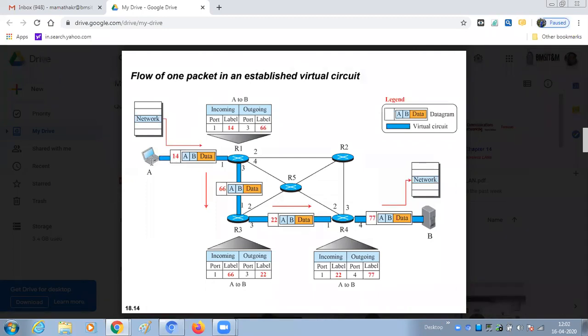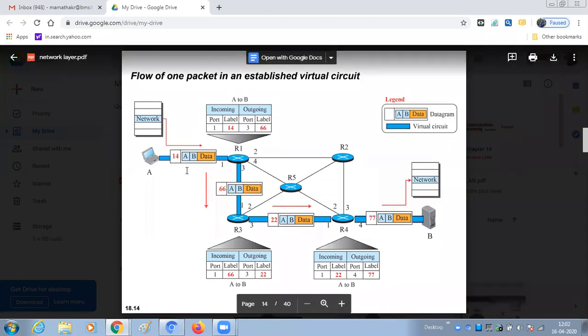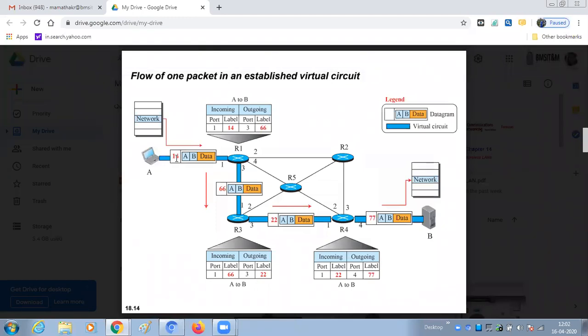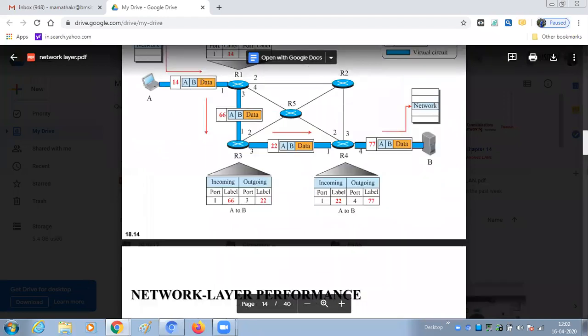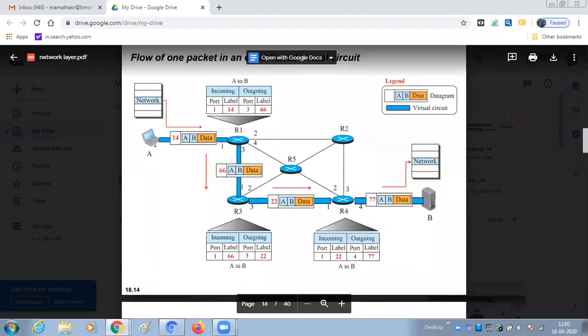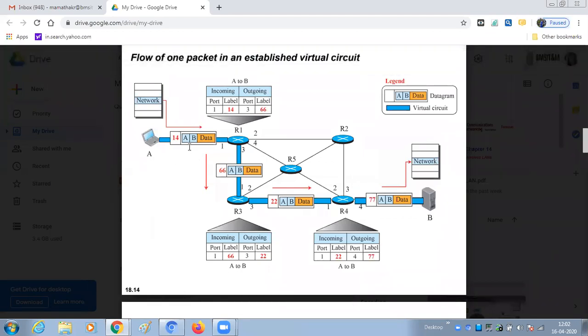Okay, so A and B is already defined in the packet. Then labeling is also defined. Now once everything is ready, now packet flow will happen. All the data packets will be sent from A to B. Now once the packet flow is completed, then source A will send one message to B that the entire packets, okay, is over now. Okay, so that means everything is completed.